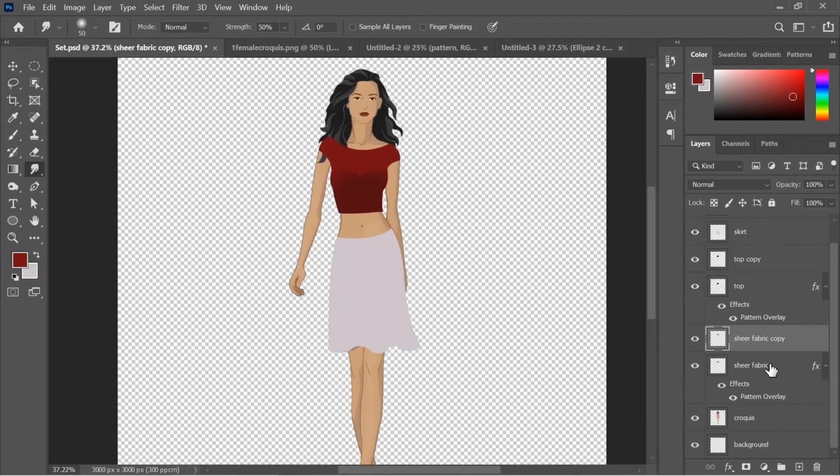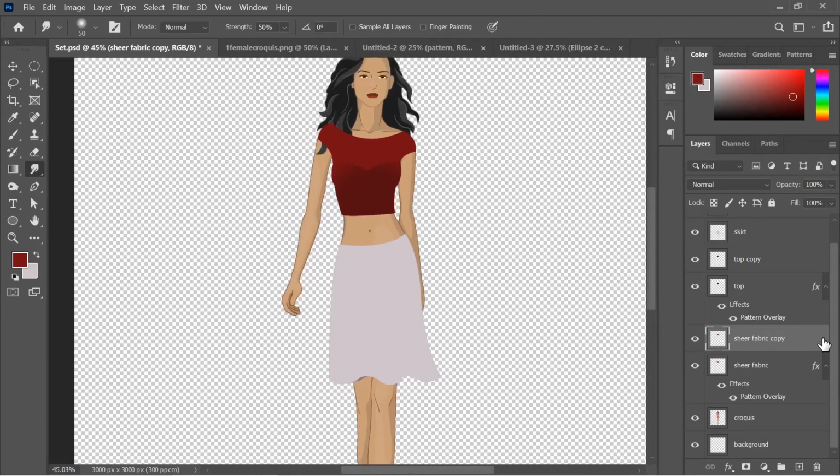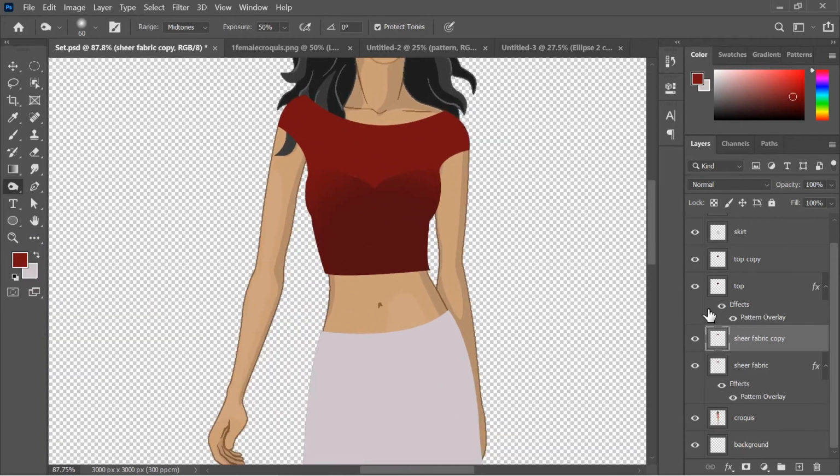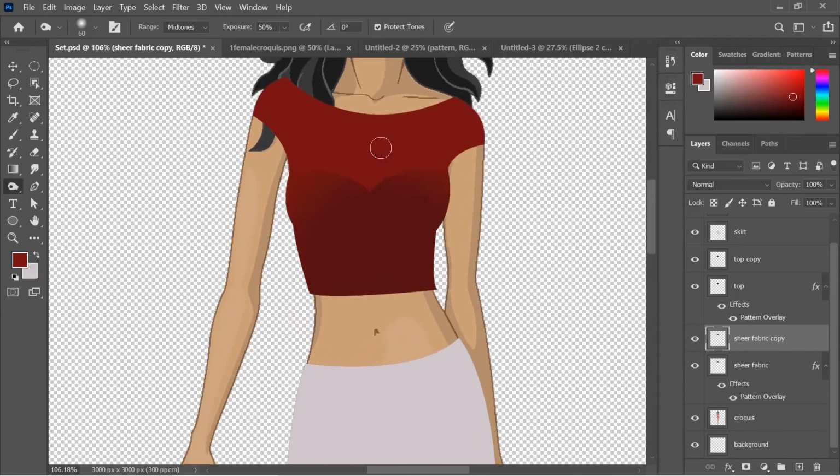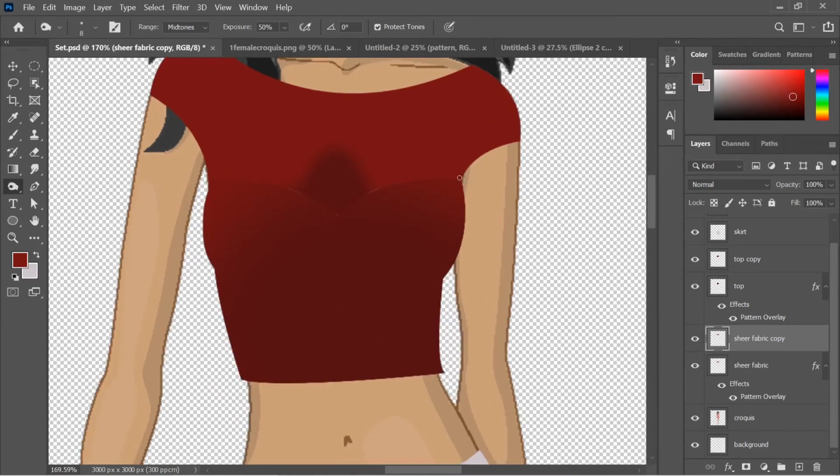Now we are going to apply the shadow effect in that layer copy where you don't have any layer styles. We are going to use the burn and dodge tools to apply the layer effects. It's in sheer fabric. After this, you can simply use the smudge tool.